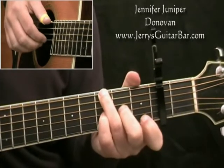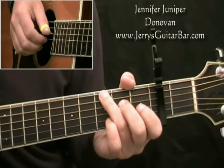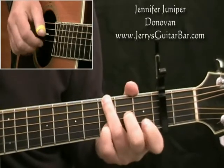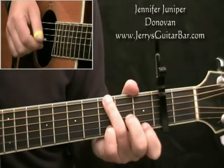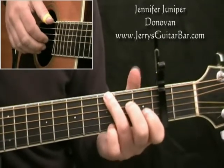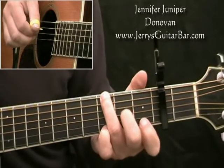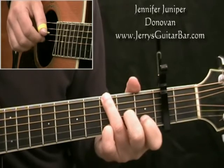Now we want a one finger G chord, we're going to play this. I'm going to play here bars 28 and 29 and 30 because they belong together. He's simply playing in the melody and the high strings an ascending scale out of a G chord, going to a G7. We want to pinch 6 and 3, 4 with the thumb, open 3rd, middle finger again to the 3rd string 2nd fret, pinch 6 and 3, open 2nd, 4th,